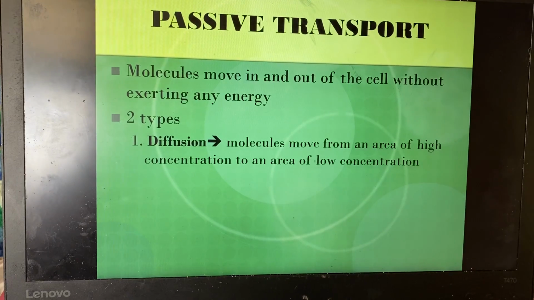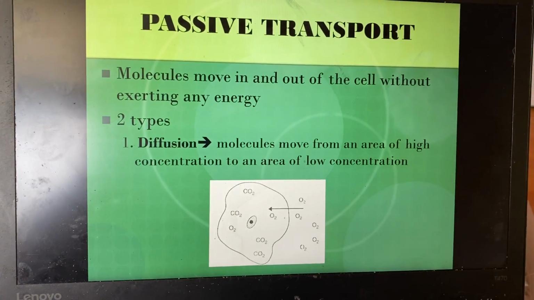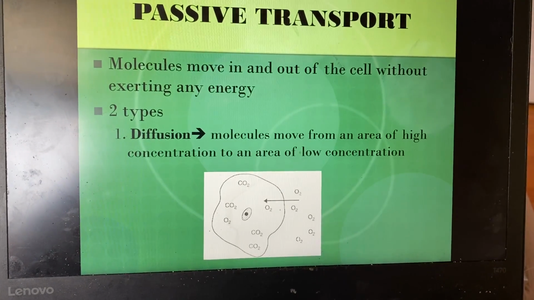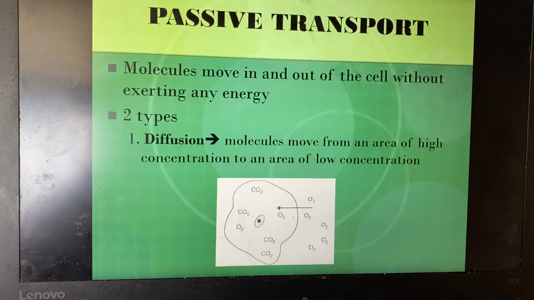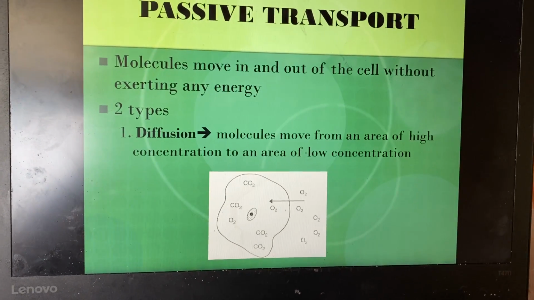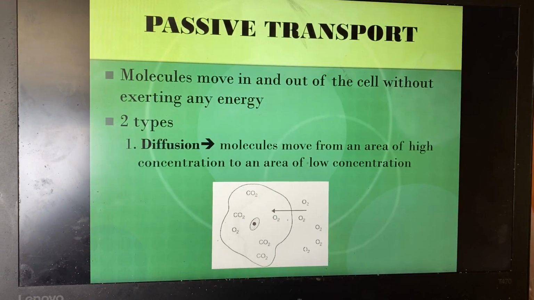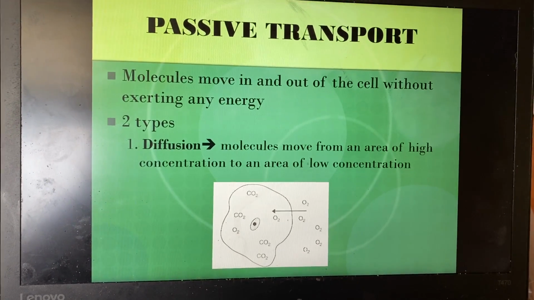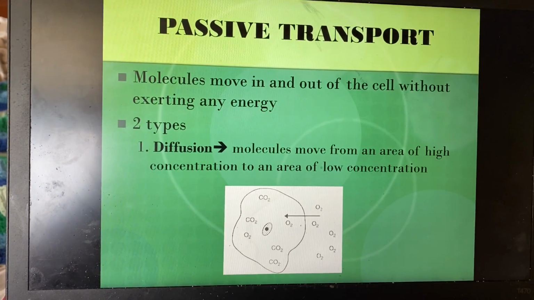Passive transport is when things move in and out based on concentration. Just passive, like the water molecules, or in this example, oxygen molecules. They are the right size, they are the right shape, and they can just passively move in and out. Think of someone who's really passive. They're just very calm and cool and collected,